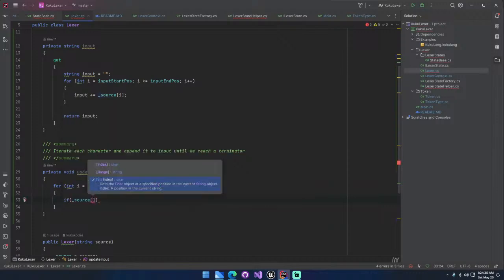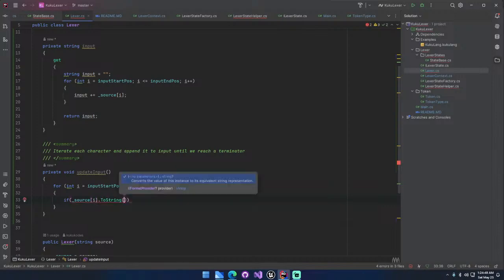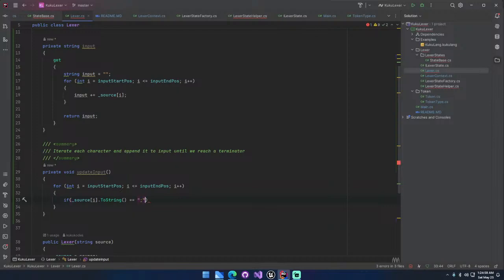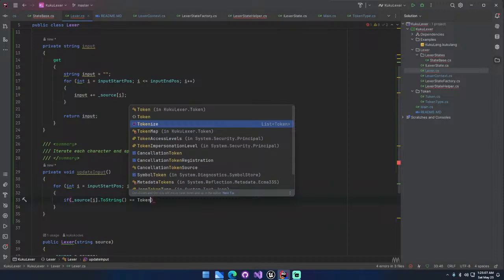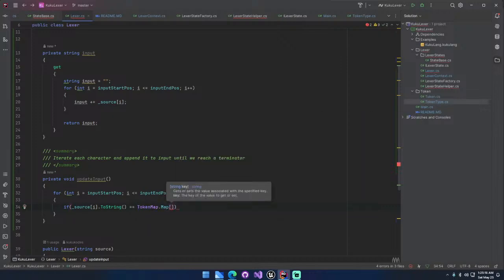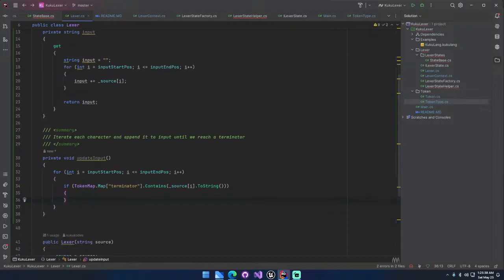If source I dot toString dot equals to, we can do this, or we can use our token map dot. Yeah, we can do this. If